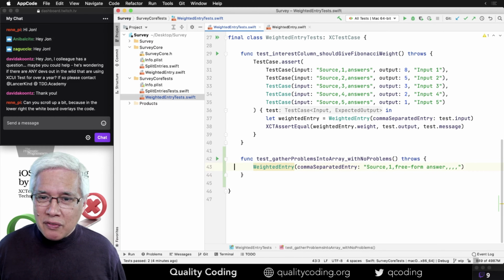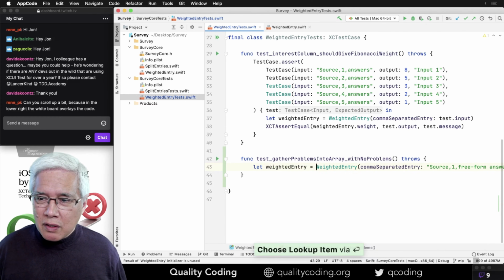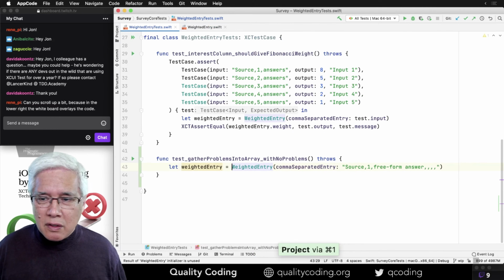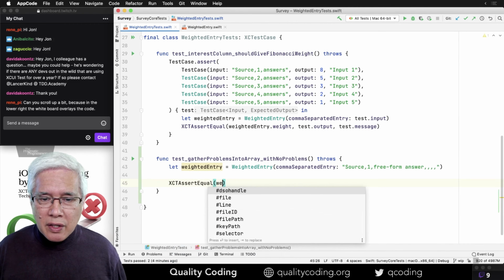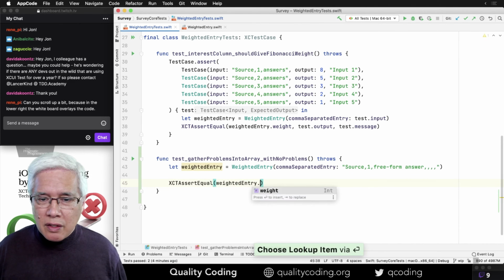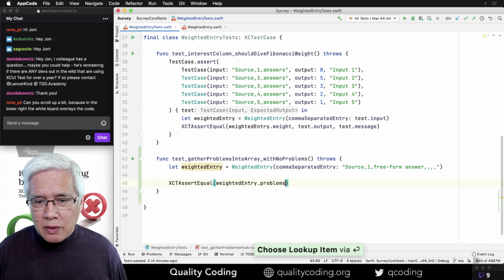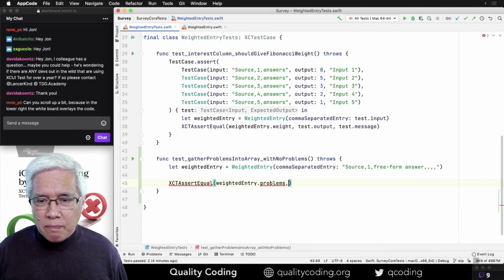And if this is the weighted entry, then what I want to assert is that the weighted entry problems maybe not equal to empty, but maybe true.